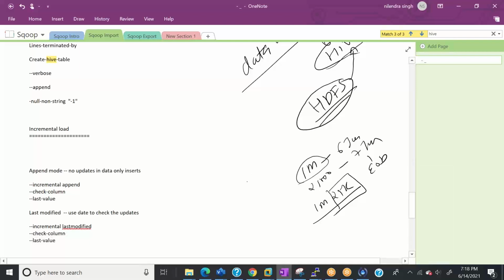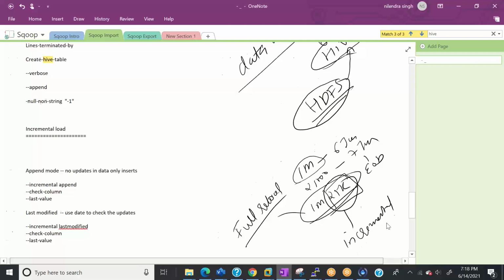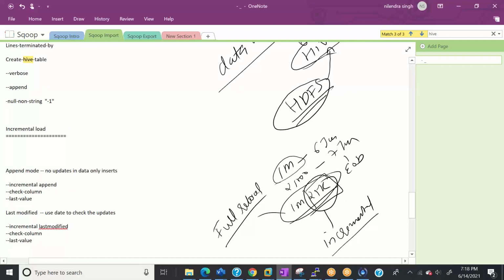And if I pull all 1,025,000, this full record, this is called full reload or full load. But if I just pull this 25K, this is called incremental load. And in industry, in 90% of cases, we only go for incremental, and that makes sense, right? Why would we pull 1 million records if they already have them in HDFS on 6th of June? On 7th of June, only 25,000 records take place, then we only need to pull 25,000, right? So this is called incremental load, right?